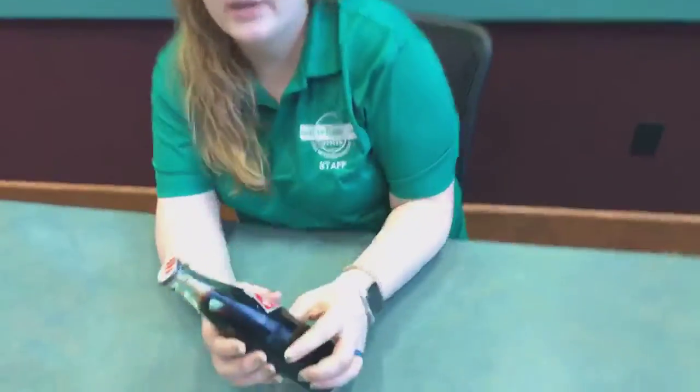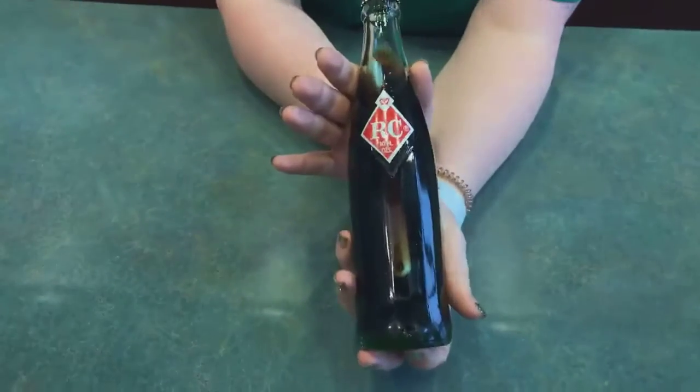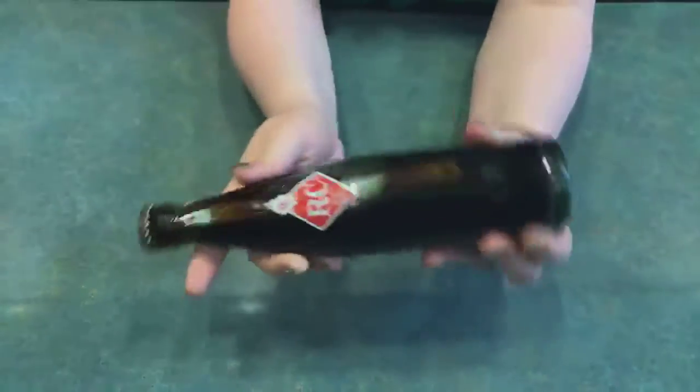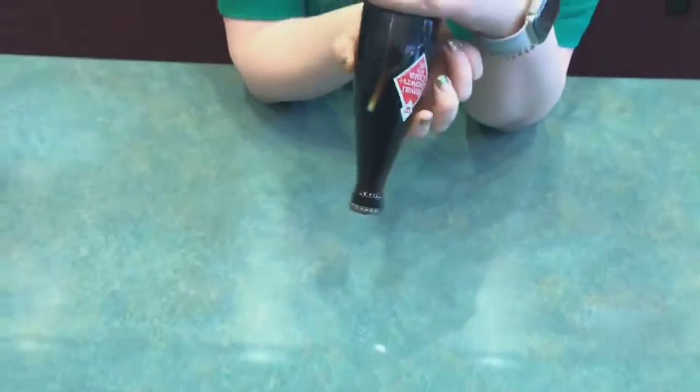Perfect. Now let's talk about some of your favorite items in the museum collection. Yes. So I love a lot of our glass bottles. Here is one of my favorites. So this is an RC bottle, Royal Crown Cola bottle. It is from